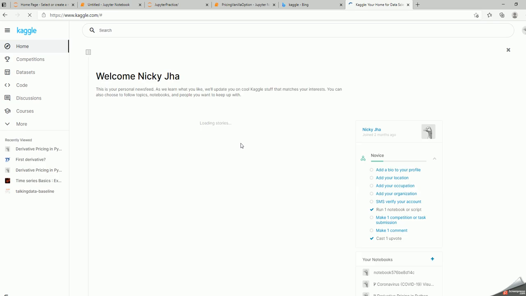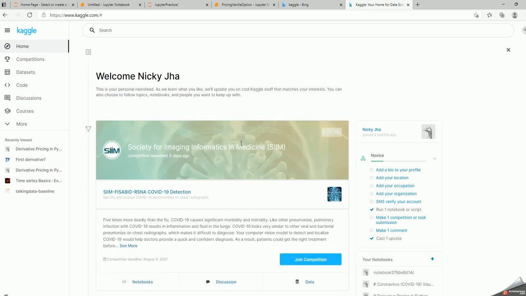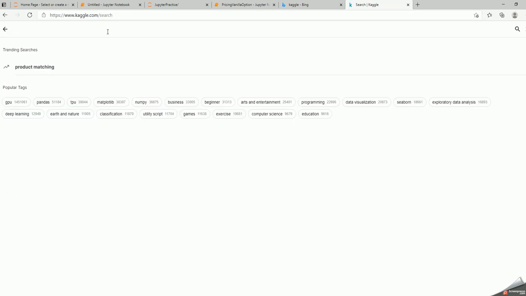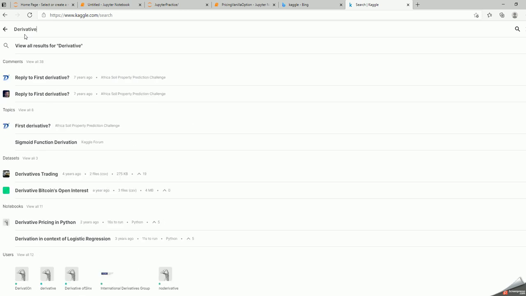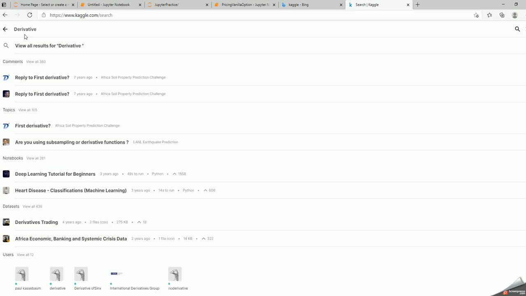So I have logged in with my Google account, and if you just search for something, sometimes, if you're lucky, you are able to get certain codes directly. So in my case, I just searched for derivative pricing. If there is some example somebody has already coded, this Kaggle also provides an integrated environment, very similar to Jupyter, where people can directly go on the site and code it and share the notebooks.